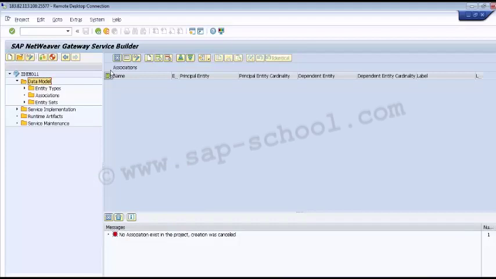Similar to the other things, in the association set as well we have to specify the unique name, then specify the different attributes of it, and at last we have to save it. This way we can create the association set. This exercise we will be doing in our next session, in which we will actually be creating the entity types and the association entity sets in detail for an example. Now let's go back to the presentation.